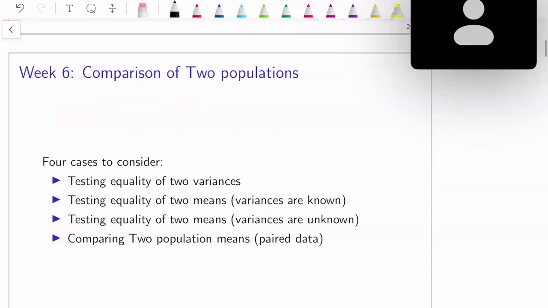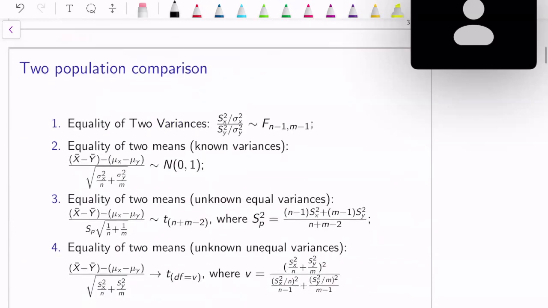So the first question on your final is likely going to be two population comparison. You will have a formula sheet, but the only thing you're given is just the equation itself. So you won't be told which scenario you would use. On your formula sheet, it wouldn't say something like equality of two variances. It would just say this, and based on the problem, you have to apply the correct formula. So make sure for each of these tests, you know when to apply it,